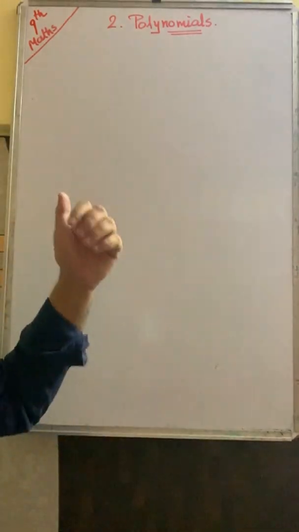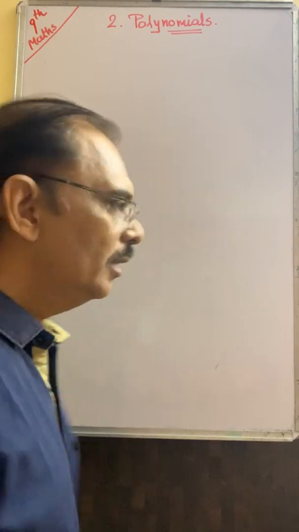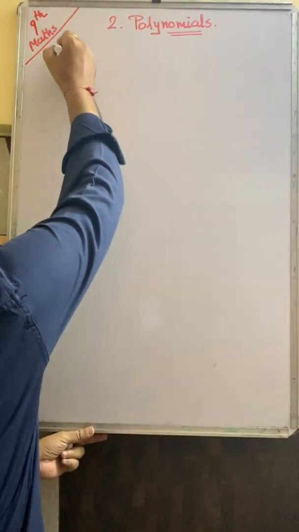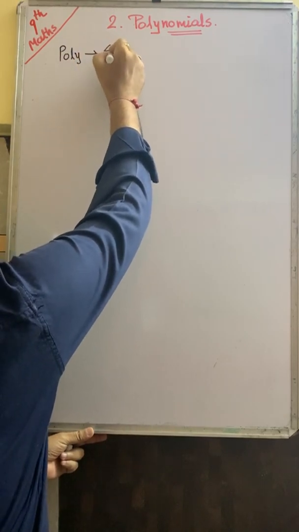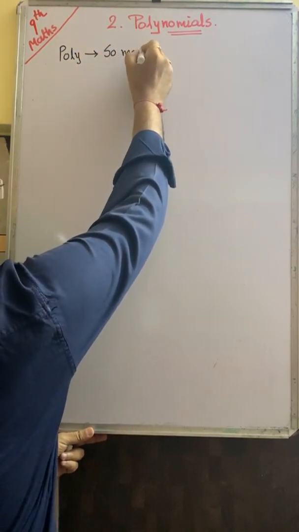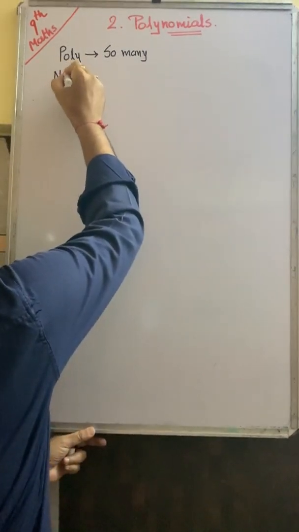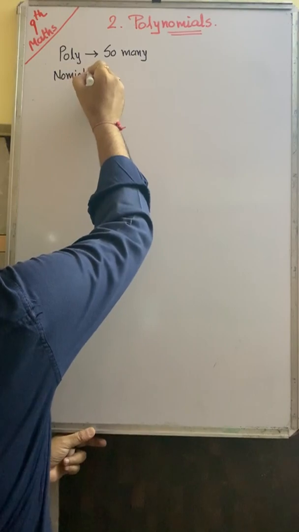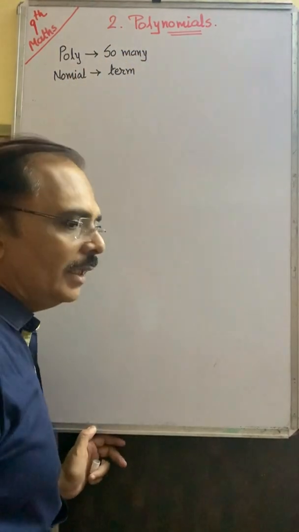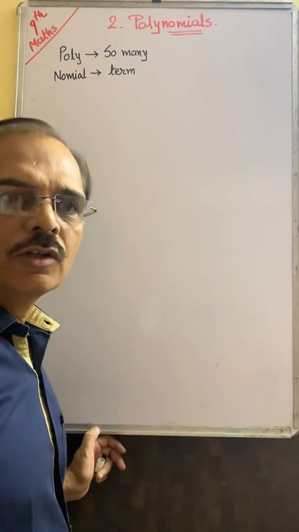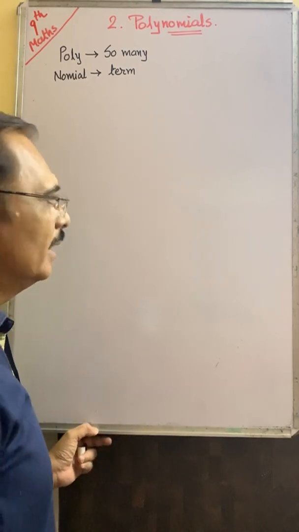What do you mean by polynomial? It's a Latin language. Poly means so many. Poly, it means so many. And nominals, it means term. So many terms together form polynomials. Is it okay? And mathematically it is said that